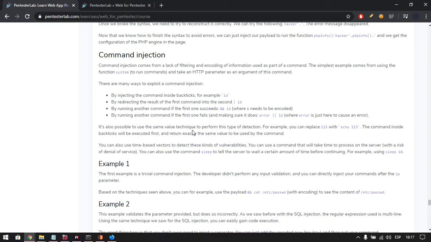Web for Pentester course, command injection. Command injection comes from a lack of filtering and encoding of information used as a part of a command. The simple example comes from using the function system to run commands and take an HTTP parameter as an argument